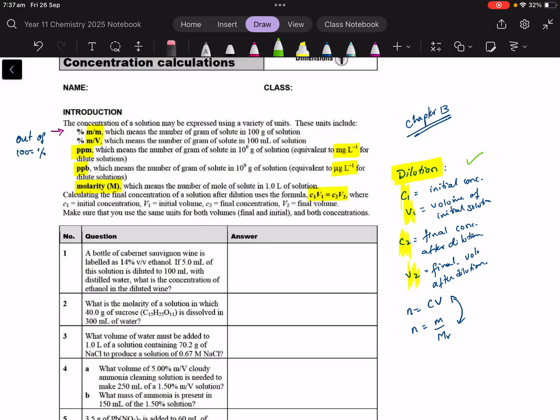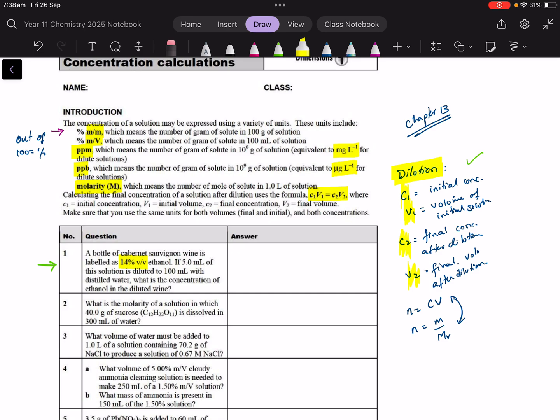So the very first question here is about a bottle of wine labeled 14% volume over volume, percentage volume over volume. This is important. This is what you get in liquids. When you have liquid solutions that are mixtures, their concentration with the key ingredient will be labeled as percentage volume over volume. So if you have 5 milliliters of this solution and you dilute it to 100 milliliters